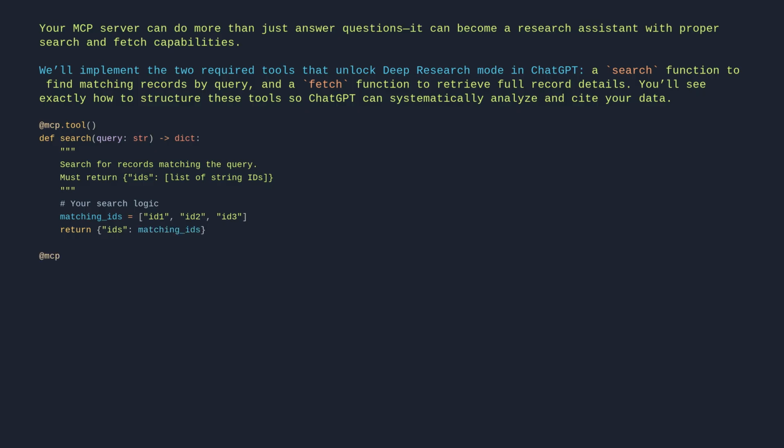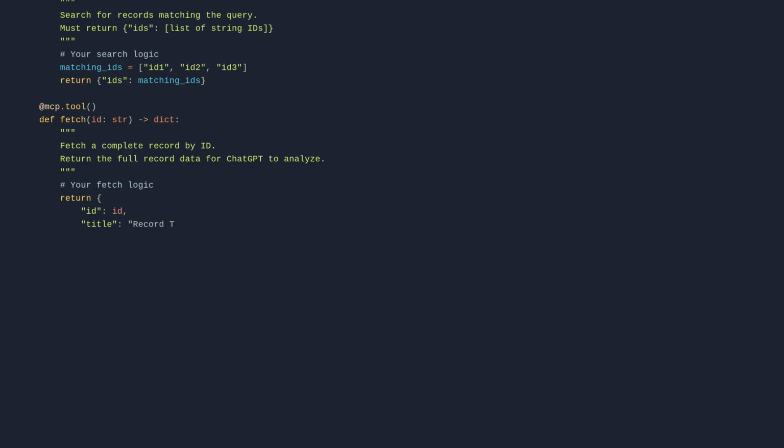@mcp.tool def fetch(id: str) -> dict: Fetch a complete record by ID. Return the full record data for ChatGPT to analyze. # Your fetch logic. return {"id": id, "title": "record title", "content": "full record content", "metadata": {"author": "Jane Doe", "date": "2024"}}